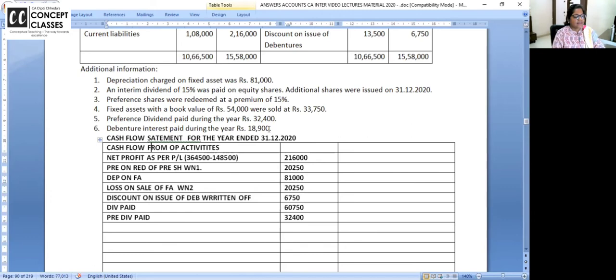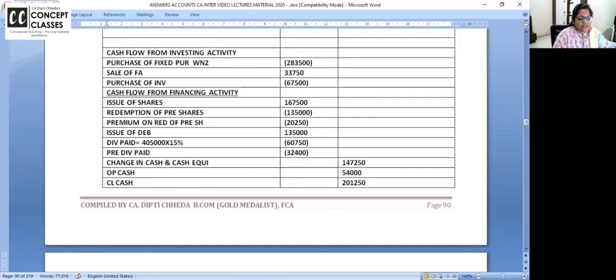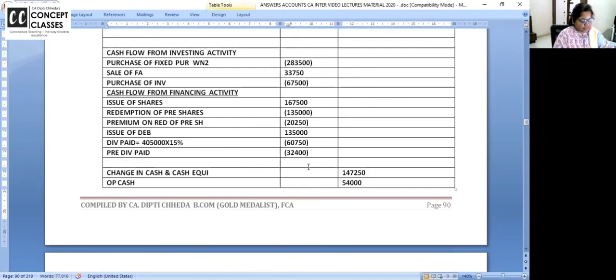Next. Debenture interest is also paid. Same. Debenture interest is debited in the P&L because it's paid in cash, but it's not related to business. So add back. Now this time they have given you a ready figure. They can say debenture interest is paid at 10%. Add back debenture interest and deduct it here. I know if you leave less space, it will be a little hodgepodge, so leave more. Make a full page for operating, and then at least 5 to 6 lines for this.